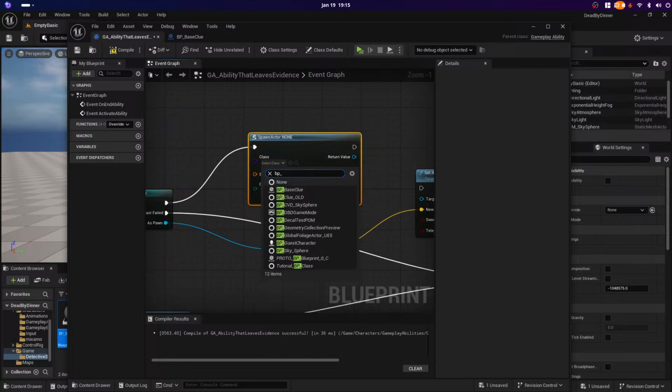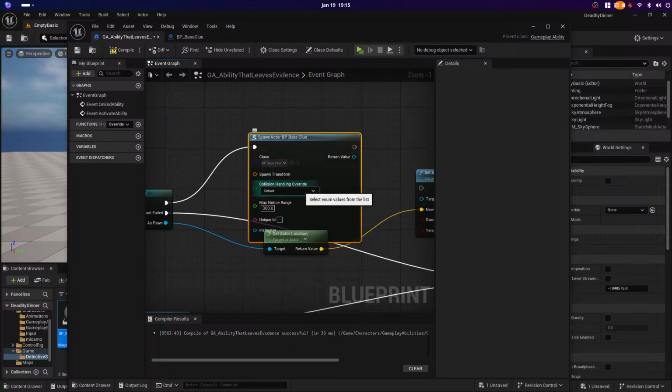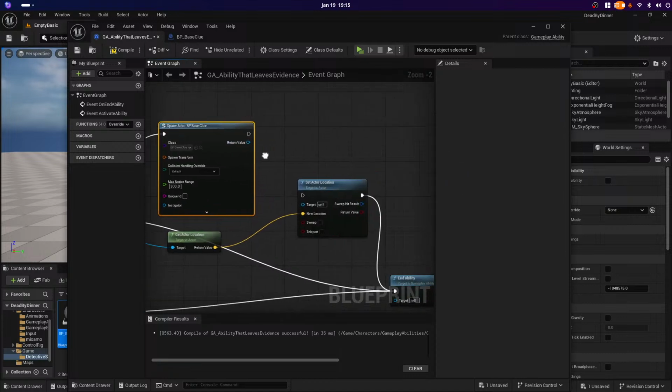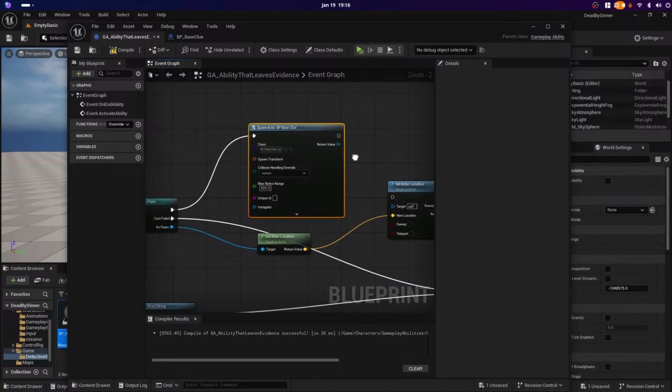BP base clue. I feel like this is definitely had before, but